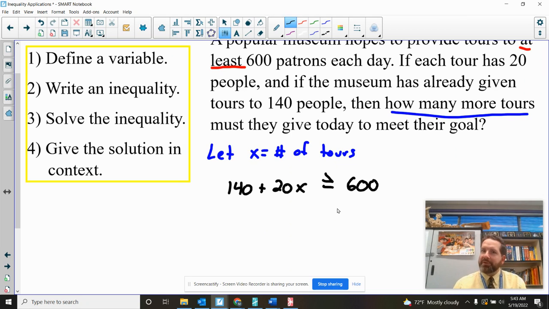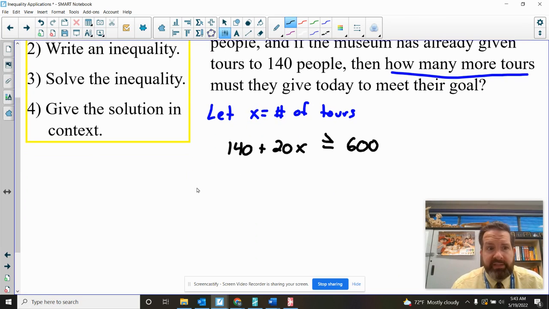That's one of the trickiest parts, right? Finding out which inequality symbol you should use. We'll take a look at how to make that choice here on our next page. But for right now, at least means more or equal is okay. Once you have written your inequality, solve it, and then give the solution in context. So to solve,